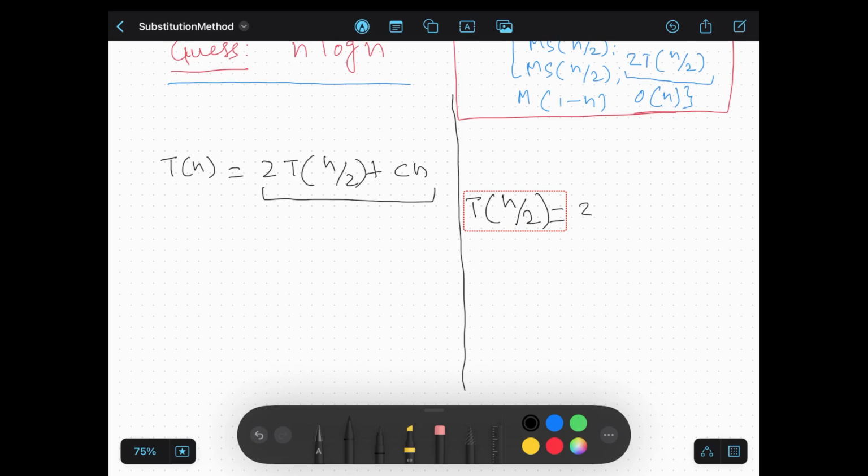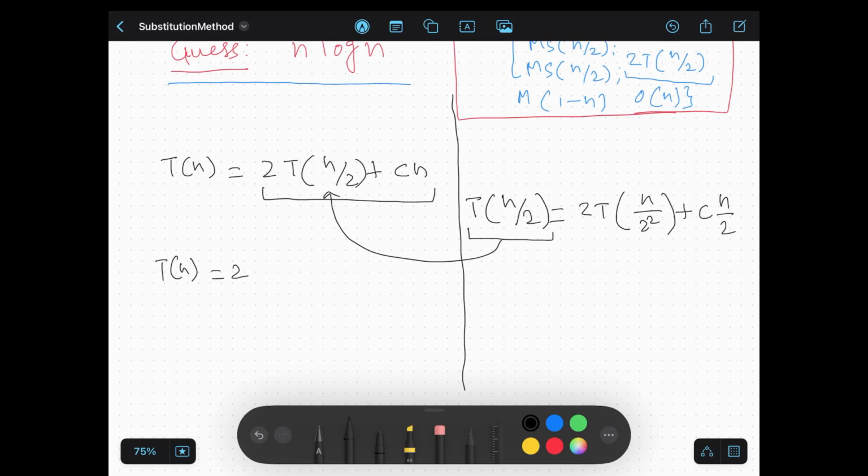So this will be T(n/2 square) plus C n upon 2, right? And then we are going to substitute this for this, and we are going to get